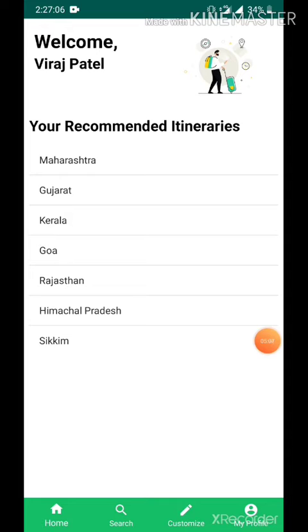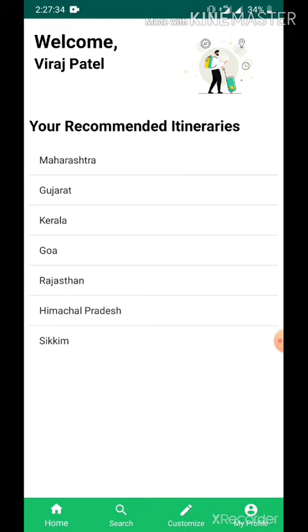The home page shows the name of the user fetched from the database, which you can see here, and also the recommended itineraries. We have created a database of user history, using which the ML model which we developed recommends future itineraries to the user. We have deployed this ML model on a Heroku app, and the data of the recommended itineraries is fetched from that API every time the home fragment is loaded.